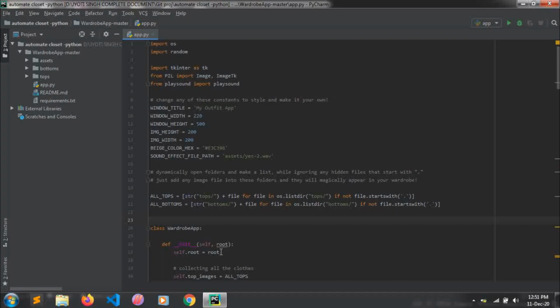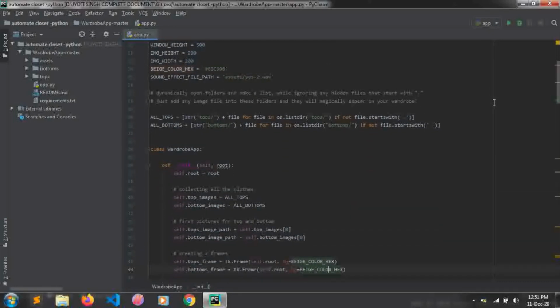So let's get started with the coding part. I did this using Python 3 and PyCharm as my IDE. For this project, we are using a few Python libraries, that is Tkinter, Pillow and Playsound. We are using class structure because it will be easy to update photos. Make sure that the class takes the root because in a further part we'll be needing it for additional widgets.